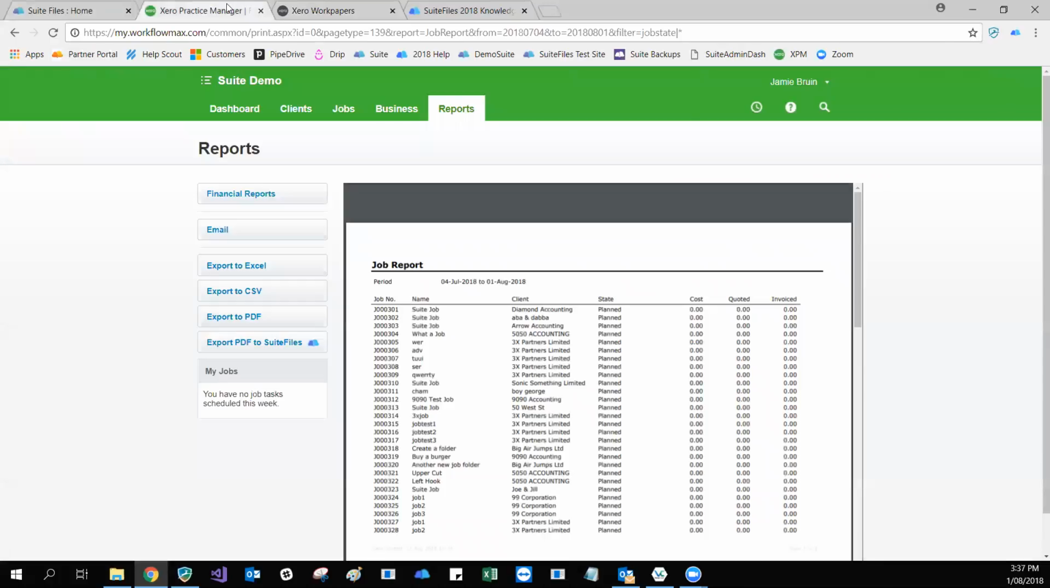The other thing is if you want to print things like Xero tax returns, or if you want to print out any kind of report or return or work paper or something, and you don't have the option specifically as a button to export that as a PDF into your SuiteFiles site, as long as you can print it as a PDF, there's another way that you can actually export it into SuiteFiles by using a Chrome extension. So